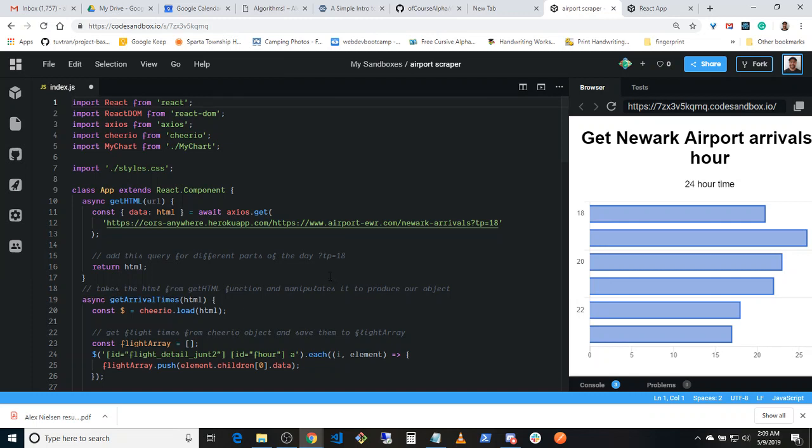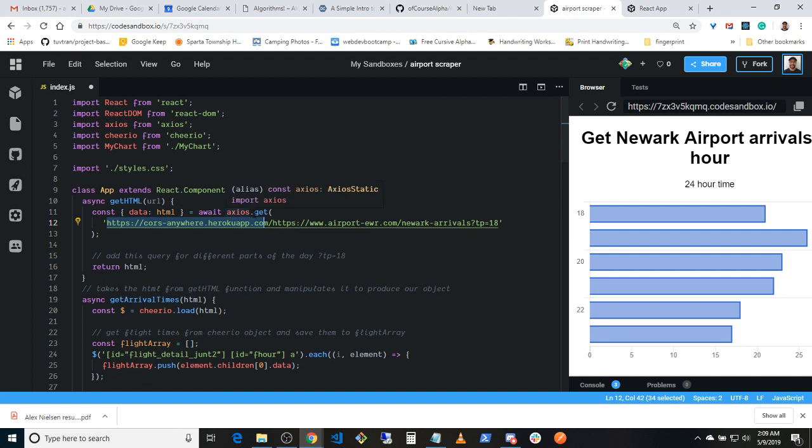I had a CORS problem, right, where it wouldn't let me. It was giving me the CORS error, and so you just do it through a proxy. That's what this is. A CORS Anywhere Heroku app, and then it lets you get it. There's probably a more elegant solution, but this is the first thing that came up when I looked for it, and I really wanted to just get this up quickly. So what the function does is